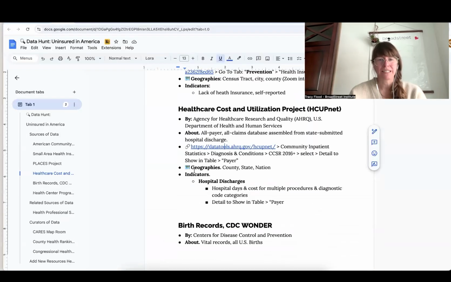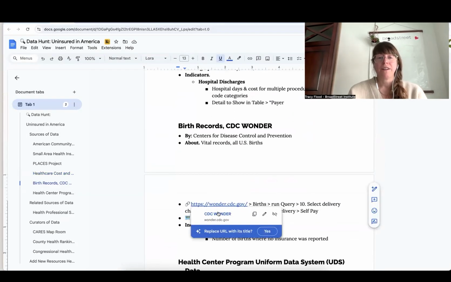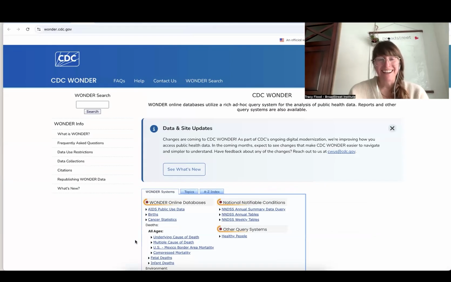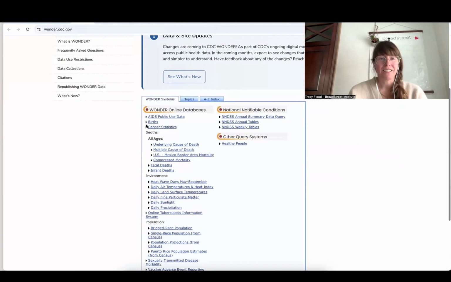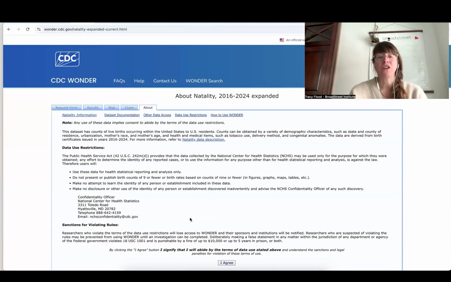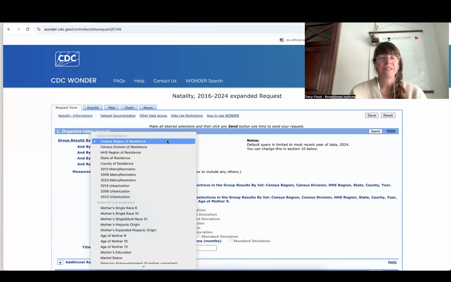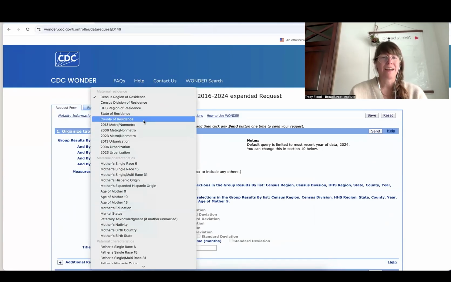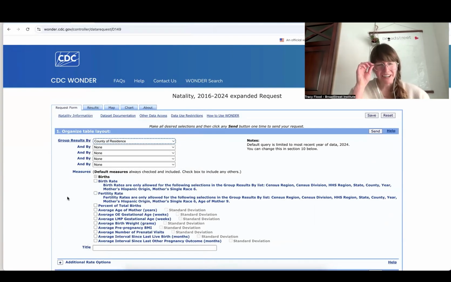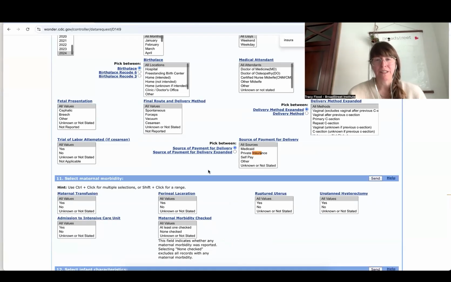Next data source. Birth records, CDC Wonder. Another source of data that is not survey data are our vital records here in the United States. You can go into the birth records. This is an extensive, incredible data source. If you have not used CDC Wonder to look up different data sources and different things, then please do. All right, so this is all of the births in the US. It doesn't show all places. If the numbers get a little bit small, it doesn't show all places or report the data, but you can